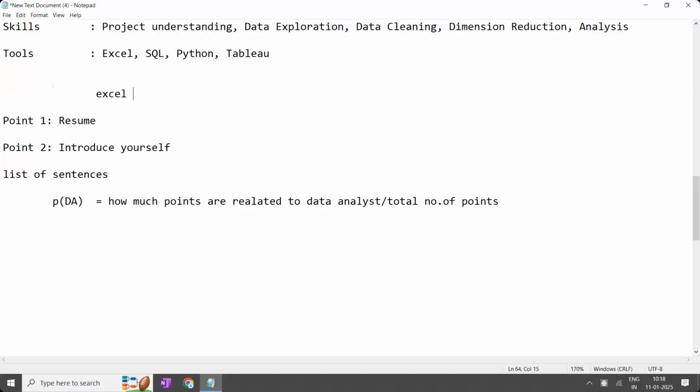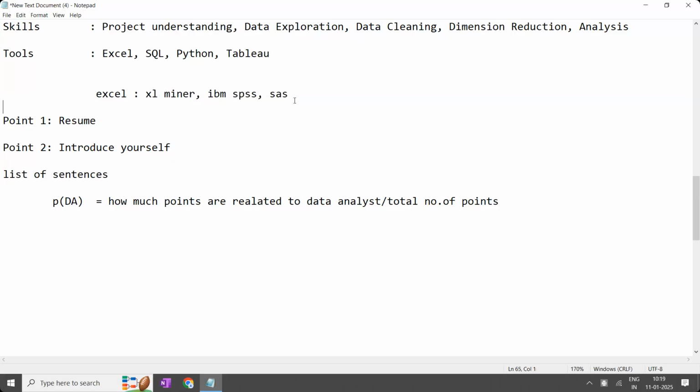Along with Excel, we have Excel Miner, which is a tool. IBM SPSS is a tool. SAS is a tool. Like this, multiple tools are there which look similar to Excel. For Excel, these are all the alternatives.